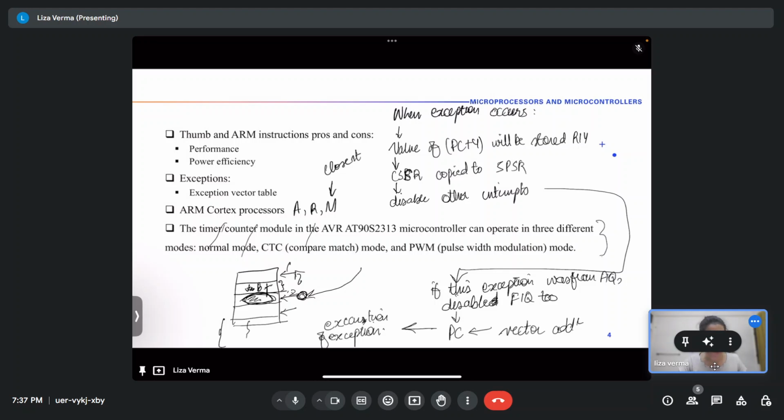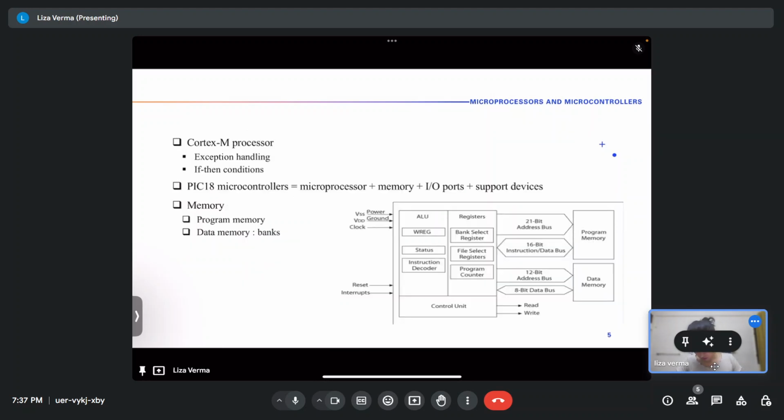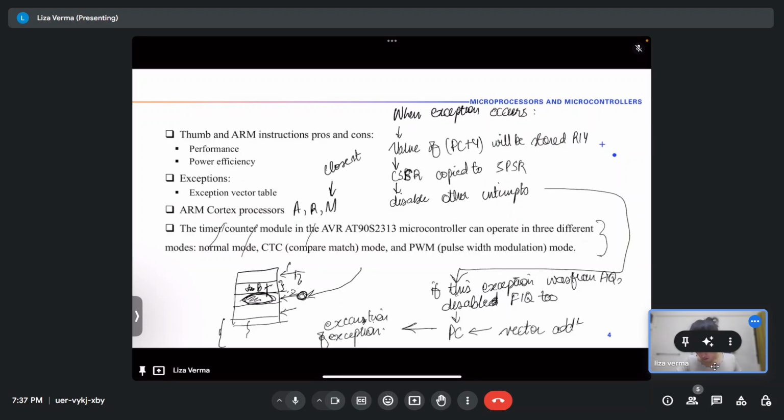That's it for ARM processors. Exception handling and if-then conditions are okay for Cortex. Then we will start with the